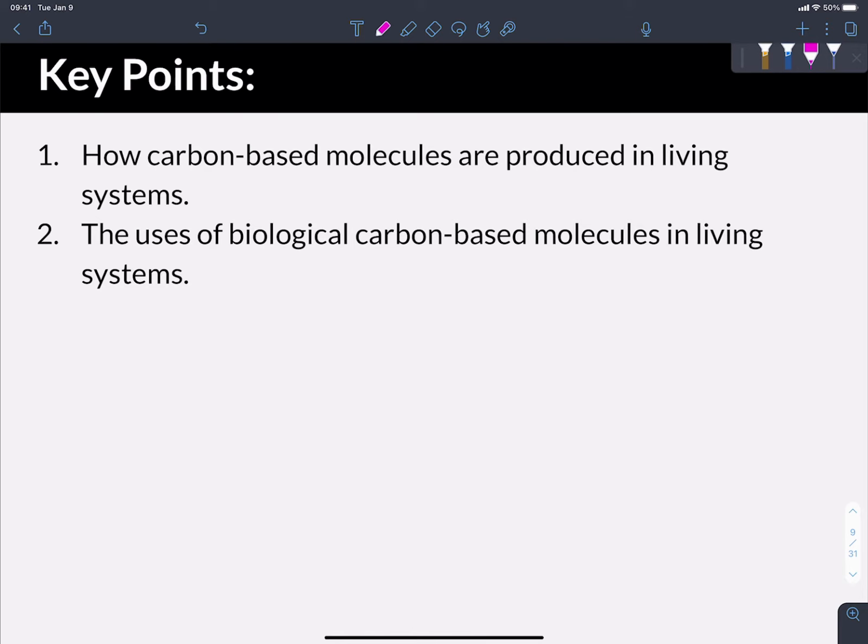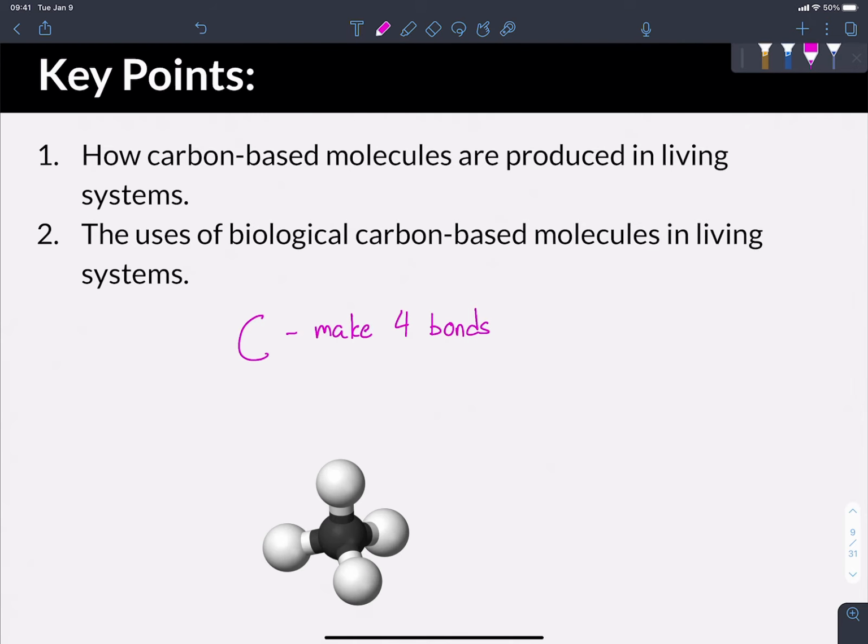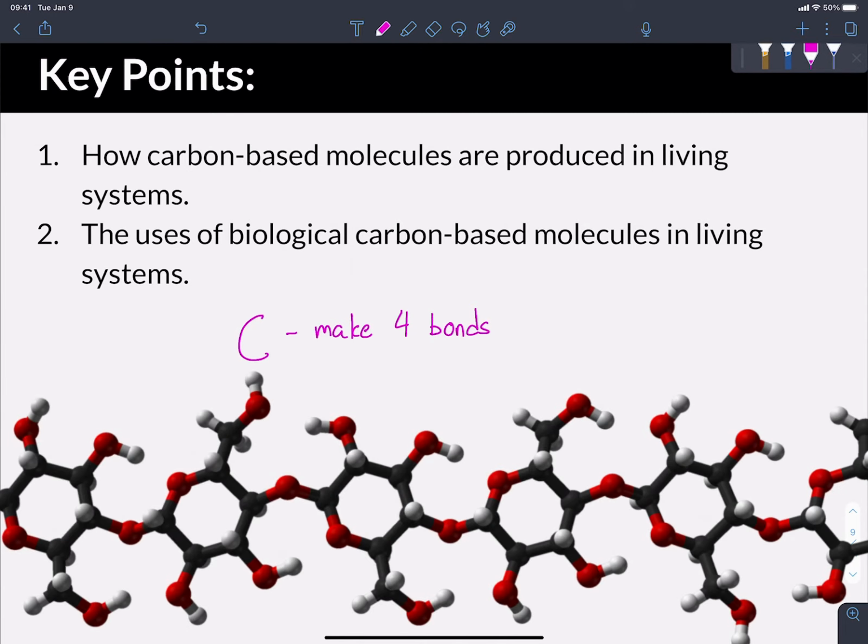Let's pause for a second and let's talk about why carbon is so important. Carbon, it turns out, does something really unique that a lot of other elements cannot do on the periodic table. It can make up to 4 bonds with other elements. And that's not a thing that most members of the periodic table can do. When we look at these molecules that we're going to be looking at, they can get quite large. They can be hundreds of billions of atoms in size, something like your DNA, for instance. And the only way that you can have that is because you have carbon at the center, with each carbon atom being able to make up to 4 different bonds with other things, which allows for this wide diversity of